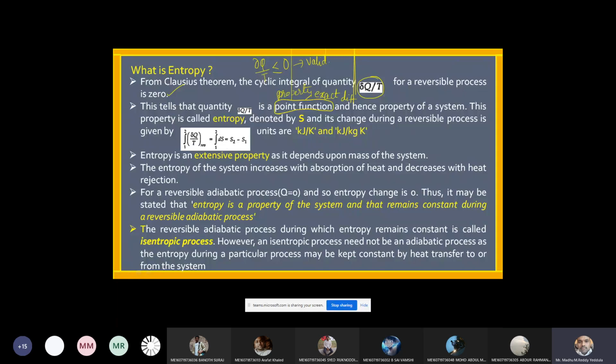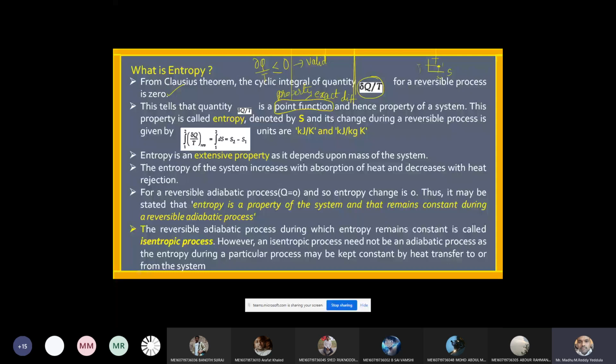I'll show you in the next derivation why we are calling it a point function. But logically, we can represent entropy on a graph by a point. If you see a temperature versus entropy plot, I can represent a state over here. If I write one state point here, this is the entropy S1 and this is the temperature T1. Therefore, I am able to represent it by a point on a graph, so I can call it a point function. And we know all point functions are independent of the path followed. They always depend on the end states of the system. We are going to prove that also.